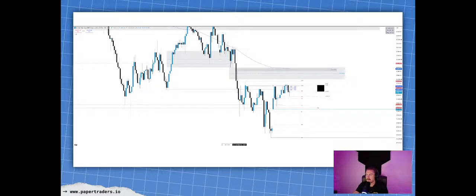Looking on the hourly here, we can see the sweep of the PDH here and displacement to the downside with a formation of the FVG here from 28,726.25 to 28,697.75. We're going to watch this FVG here